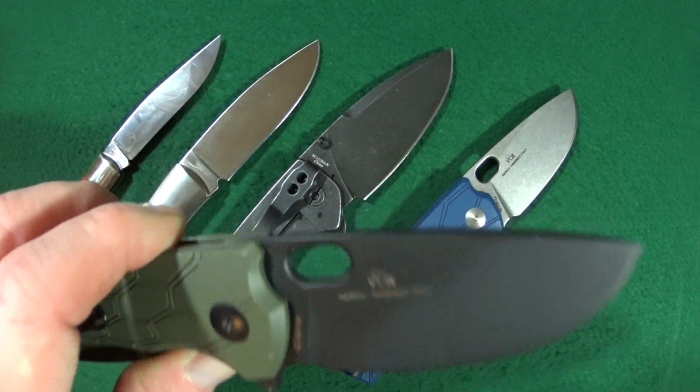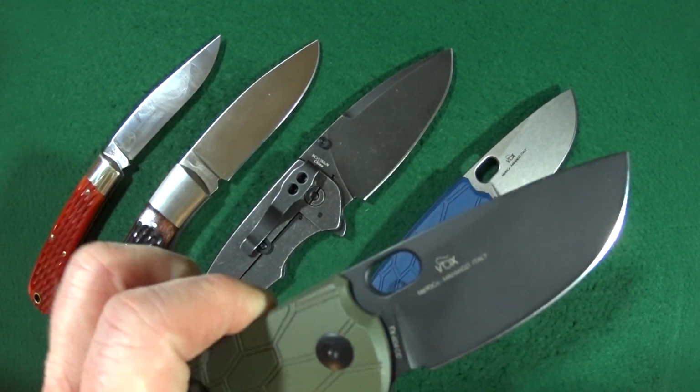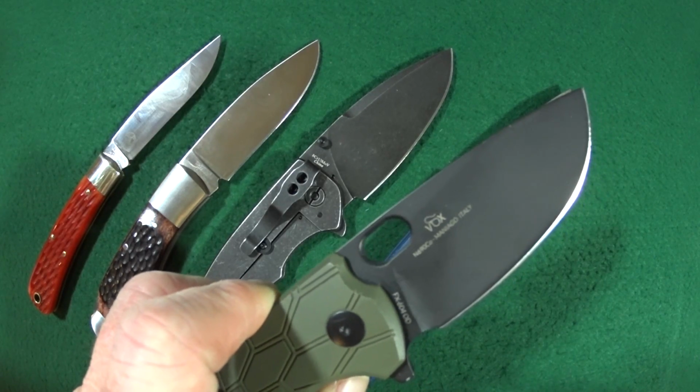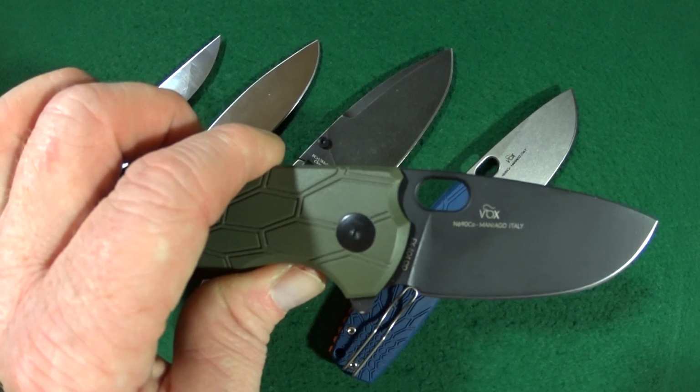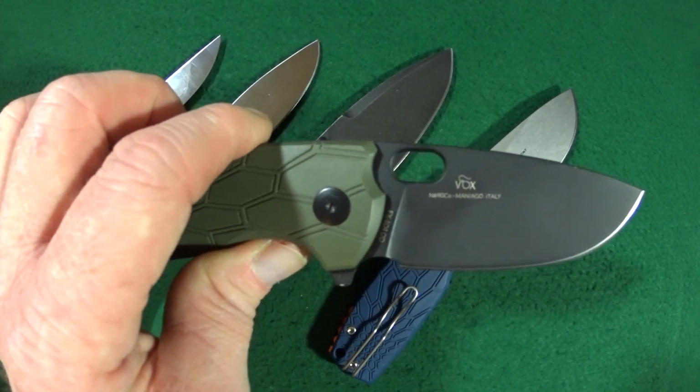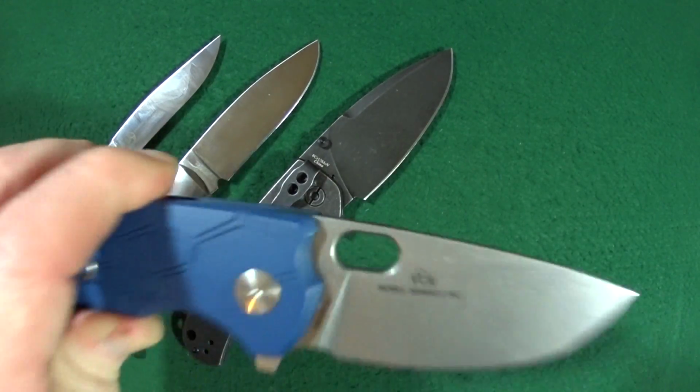So you can watch my review of this color. If you click up here in the corner on the card, you'll be able to watch the full review of the Fox Core. Let's get this one out of the way, and I just want to talk about the stonewashed version